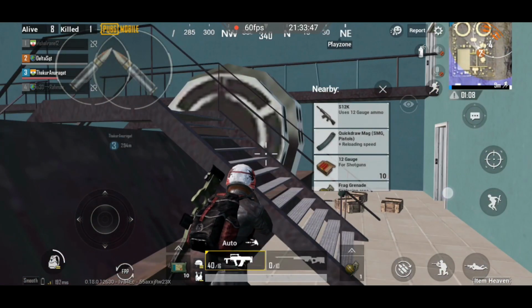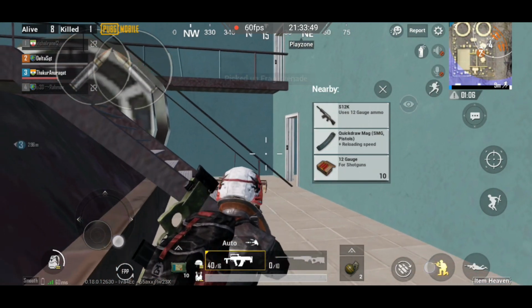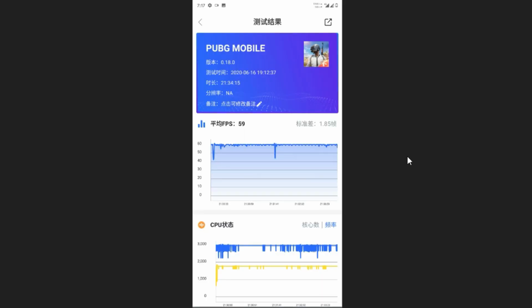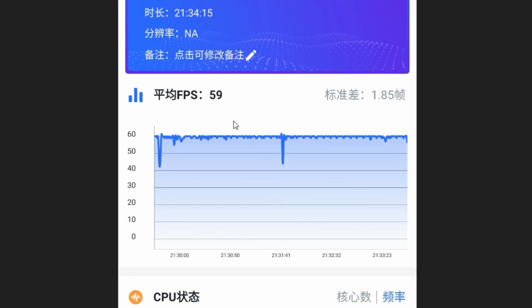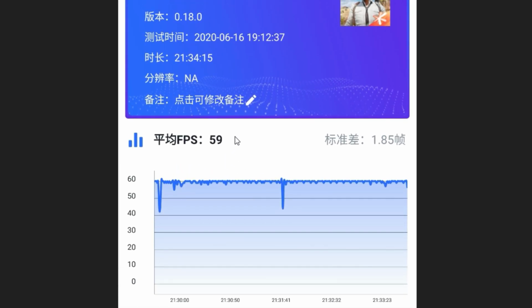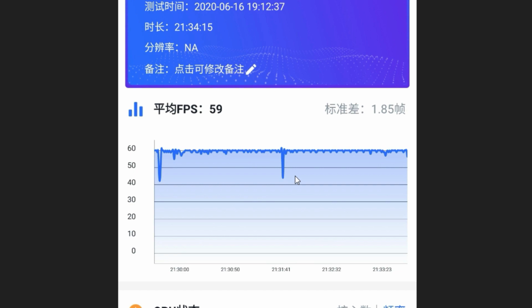But this time D8G kernel literally nailed it in Nitrogen OS. As you can see in this performance chart generated by FPSMark, I got 59 as average FPS, which is extremely good considering what we got with stock kernel of Nitrogen OS. Gameplay was super smooth most of the time, there were no major frame drops and stuttering. Frame rate did drop to 45 at a point, but that's mainly because of my internet or PUBG server, so I can't blame D8G kernel for that.